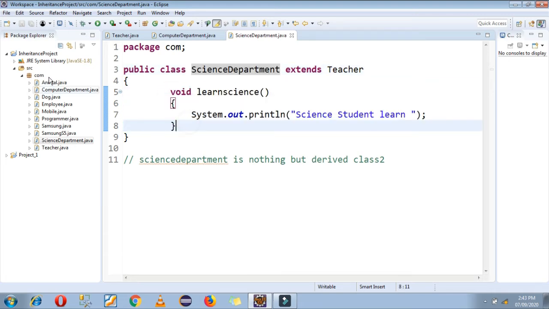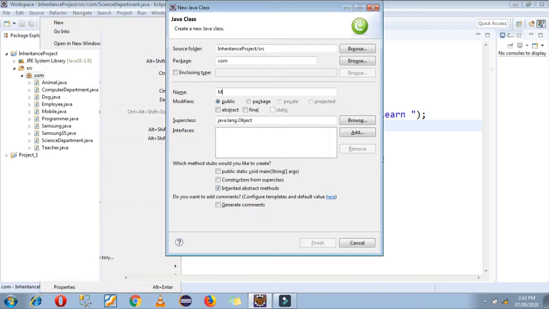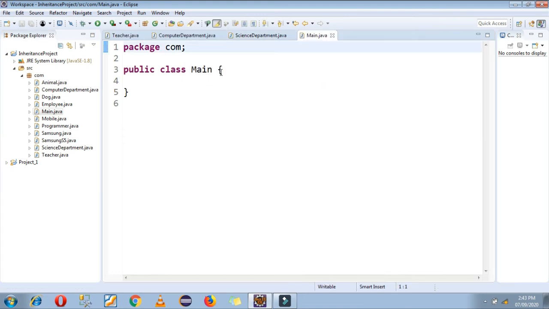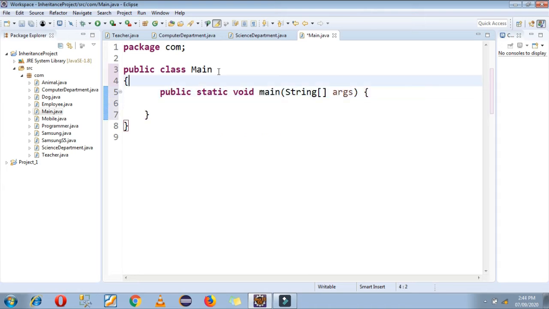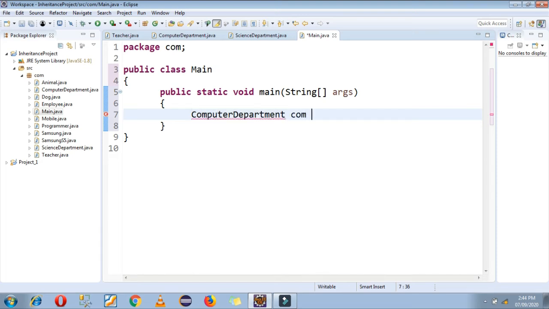Okay, now I am creating one main function. To run my Java code I need to write a main method, right? So I am writing my main method in a main class. In this main function you have to create objects of your derived classes. I have two derived classes here. The first one is the computer department. Suppose the object name is obj1 is equal to new computer department class.